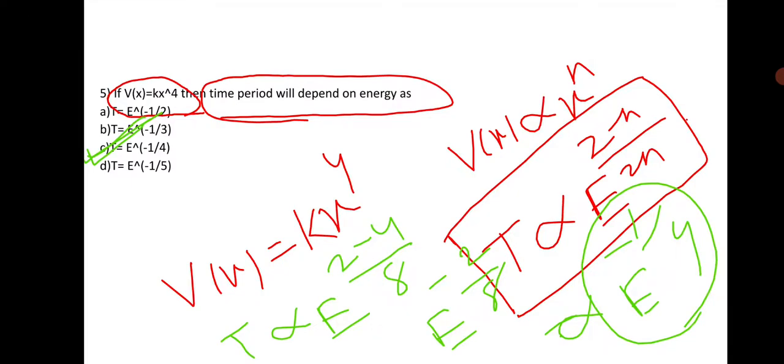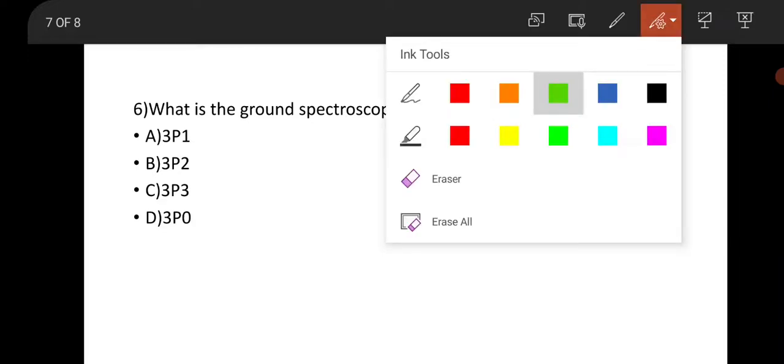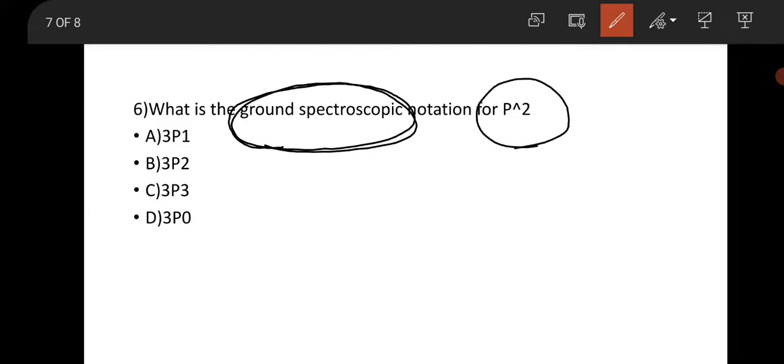Okay, so move to the next question. The next question is from atomic and molecular physics. The question is all about the ground state spectroscopic notation. Ground state spectroscopic notation for p2. Okay, so for p2, it's one of the most important methods. Most of the time the question comes in Part C, the 5 mark section in NET. So I think you should know how to determine the ground state spectroscopic notation for p2. This question was asked last time in BARC.